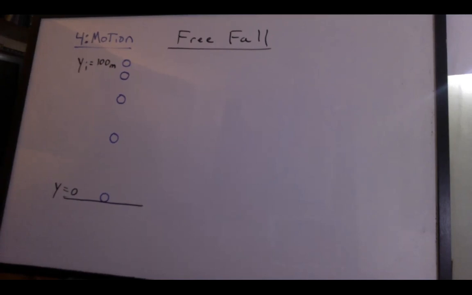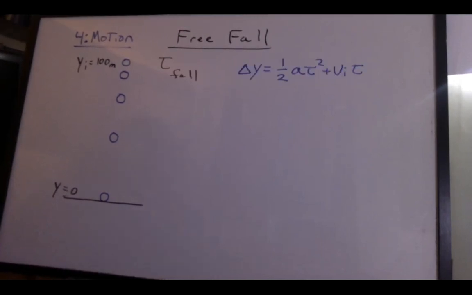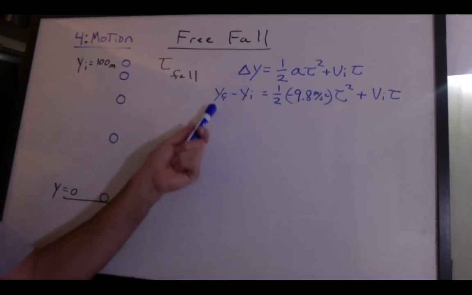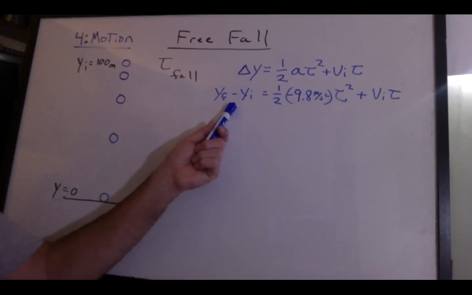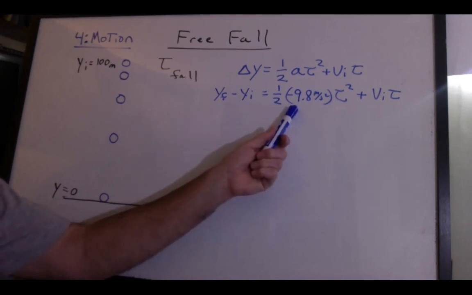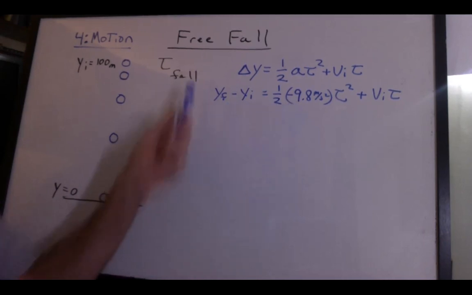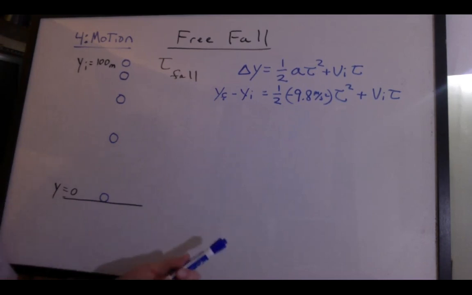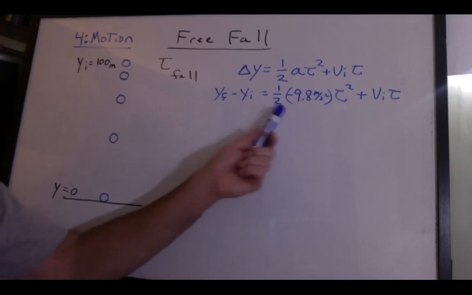So let's take a look at a problem. We're going to drop a ball from a height of 100 meters and have it land on the ground. We're going to assume that down is negative, up is positive. How long will it take to fall? We could just say that the distance is equal to 1/2 AT squared plus VIT. We're going to break this up into y final minus y initial, and I'm going to make that negative 9.8. I said we're going to make down negative. That's up to you. You can make down positive if you want to,